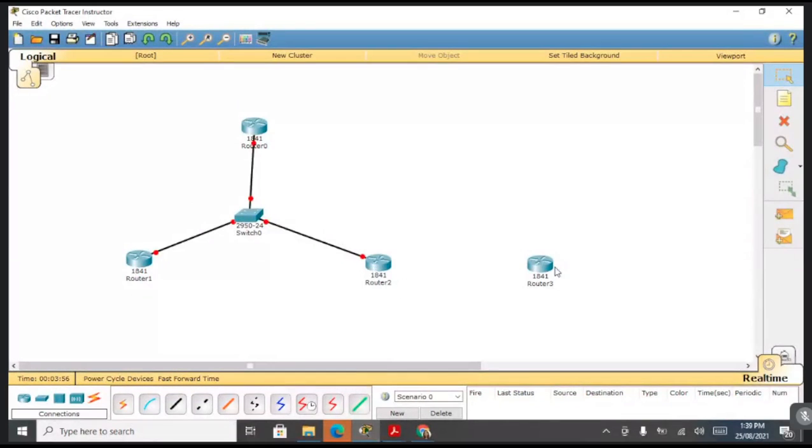And this router 2 to router 3 we have to connect with the serial, this one, which is shown with a timer, this we have to use.